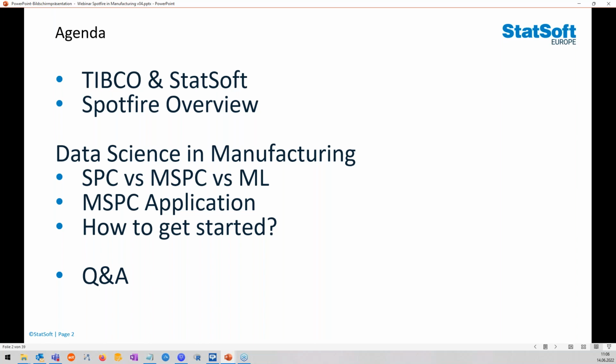I will give a brief overview about statistical process control, SPC, compared to multivariate statistical process control, MSPC, and also compared to machine learning. We're going to see an MSPC application, so a specific use or implementation of Spotfire, where we use Spotfire to make available an MSPC process at a customer.